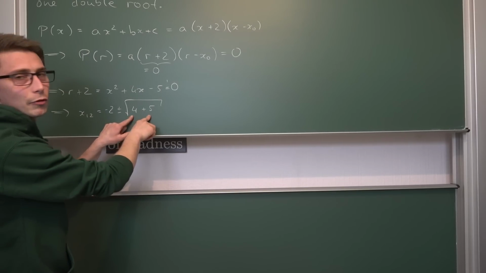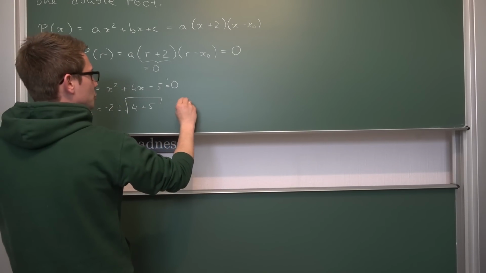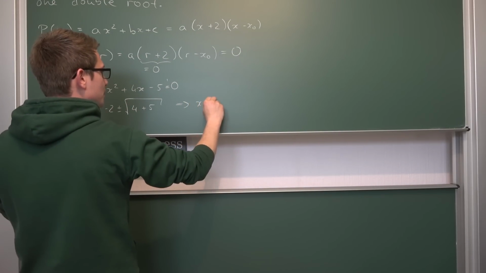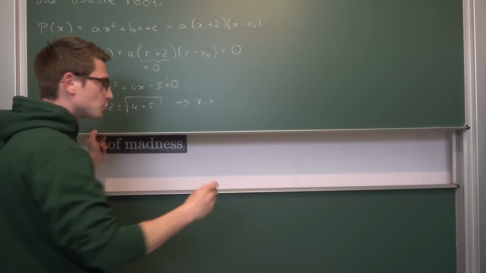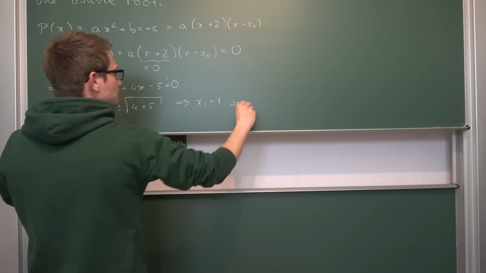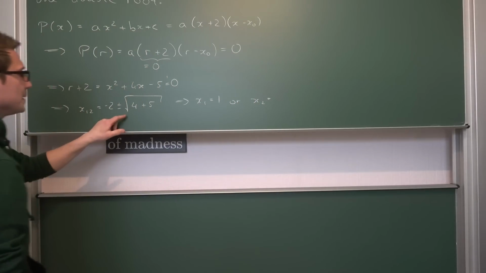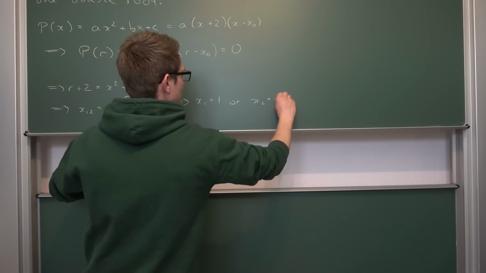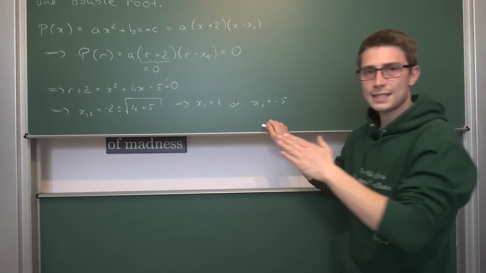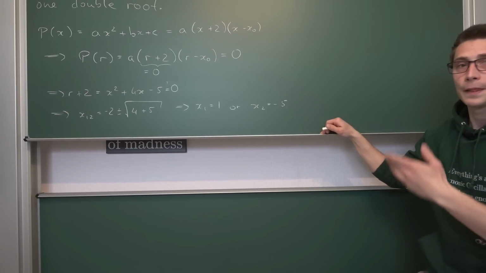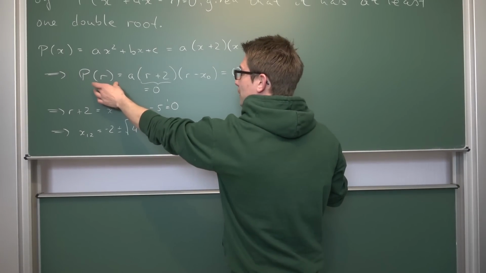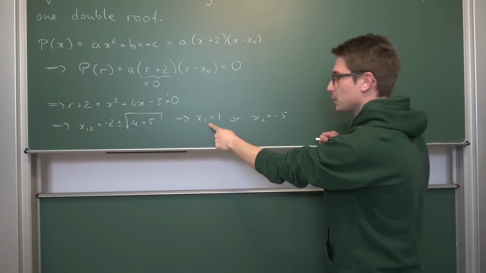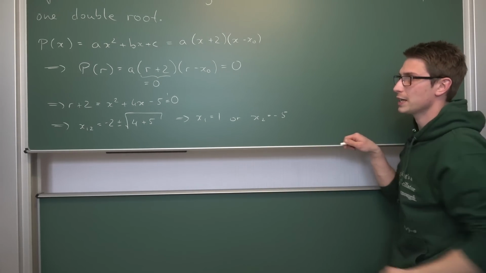Meaning this right here is the square root of 9, which is 3, meaning two solutions to this being equal to 0 are, on the one hand, x1 being equal to -2 plus 3, which is 1, or x2 being equal to -2 minus 3, which is -5. Now what does this mean for us? Well, our polynomial here is exactly 0 if either x1 is equal to 1 or x2 is equal to negative 5,